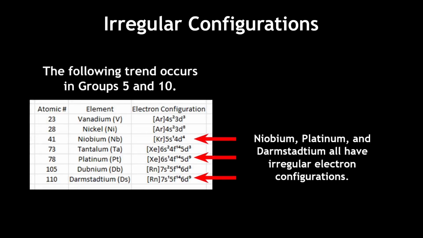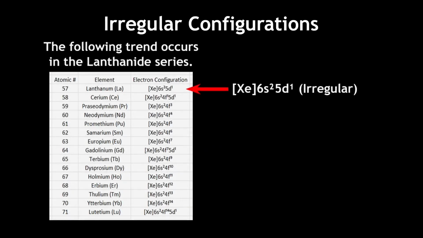Another trend occurs in groups 5 and 10, where the following elements have an electron moved from their s subshell to their d subshell. However, the most interesting trend comes in the lanthanides and the actinides, where a pattern is developed. Beginning with the 4f subshell, the lanthanides, the series begins with lanthanum, which has the electron configuration of xenon 6s2 5d1. This breaks Madelung's rule, as the electron in the 5d subshell is predicted to be in the 4f